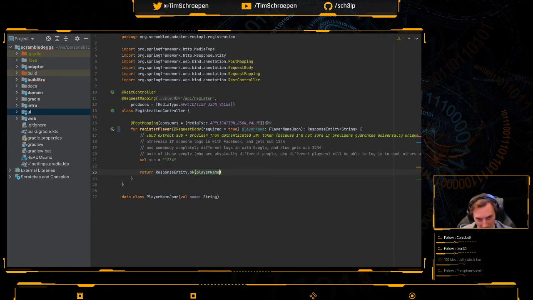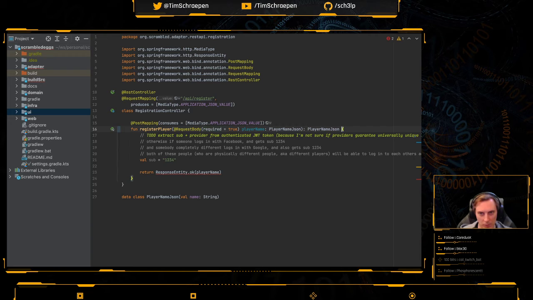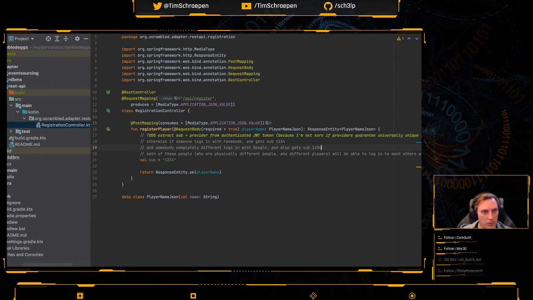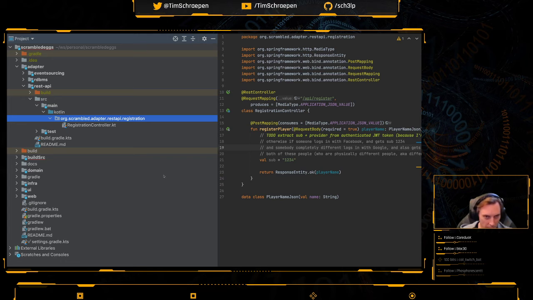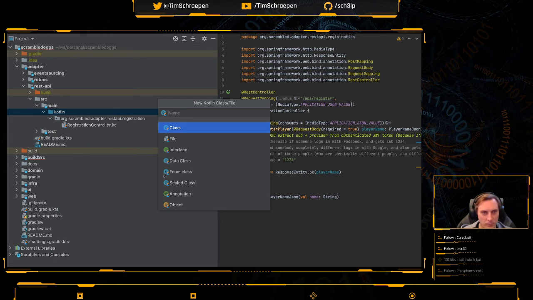So I want to revert this so that I'm actually returning something. No. It should be a response entity, yeah. Voila. And now I want to add a custom exception handler thingamajig. Where to put that? Scrambled. Oh man, I'm not sure if this is going to work. Let's do